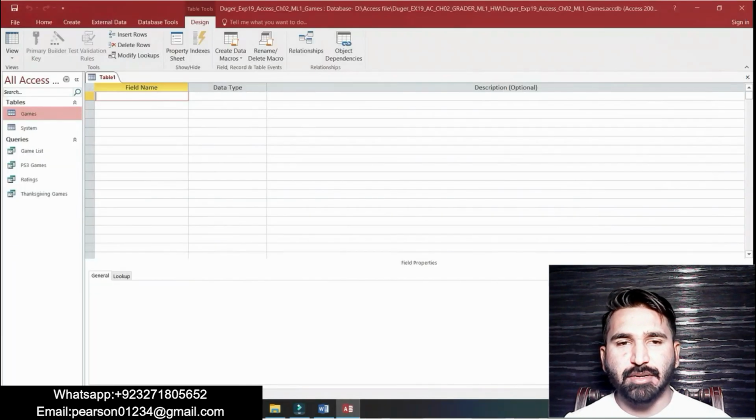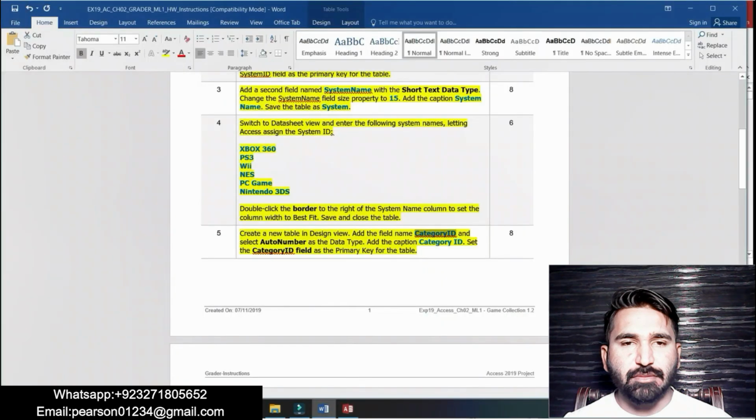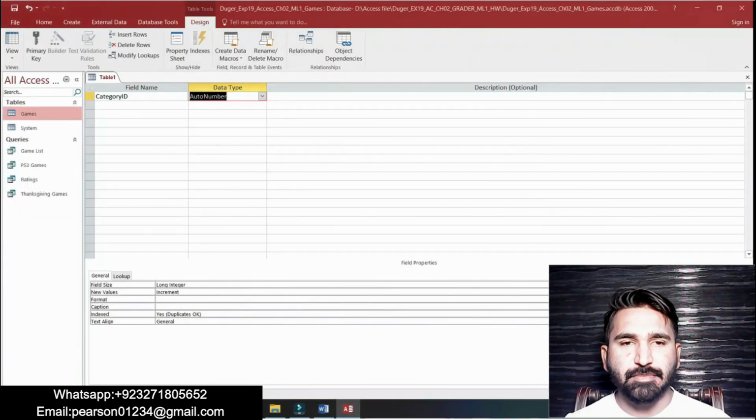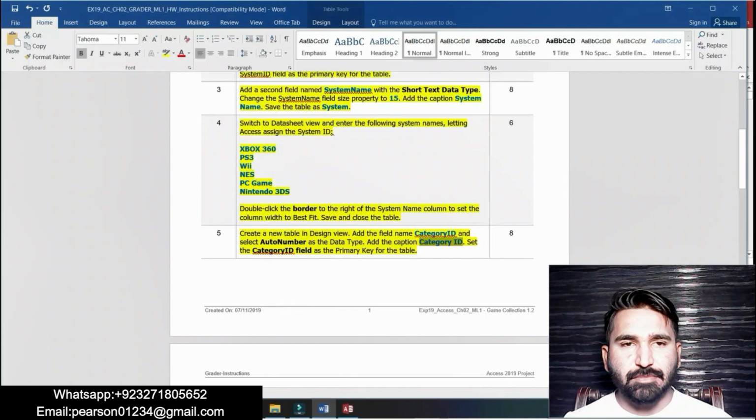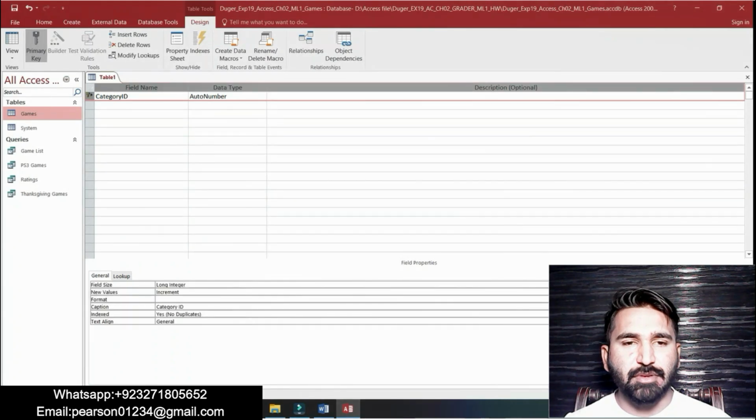Add a caption of category ID. Set the category ID field as the primary key for the table. Okay, it's done now.